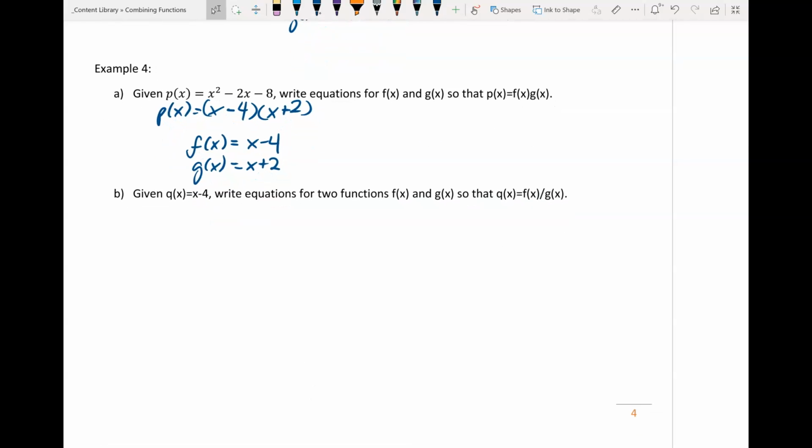For b, we have to be very careful about this to find our f of x and g of x, because there's a restriction for g of x. g of x cannot be undefined at any point. So that means your domain in g of x has to be from negative infinity to positive infinity, because if that's not true, we're going to have a problem here. And we don't want g of x ever to be 0. So I'm just going to say that your domain of q of x is x minus 4